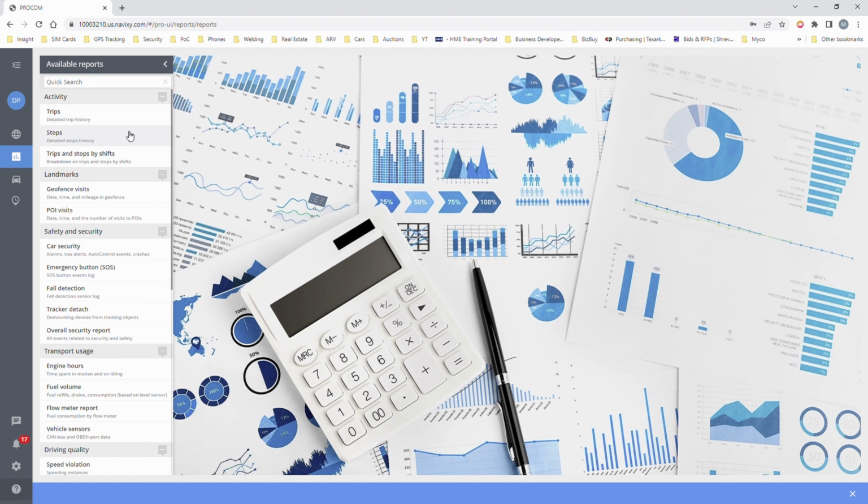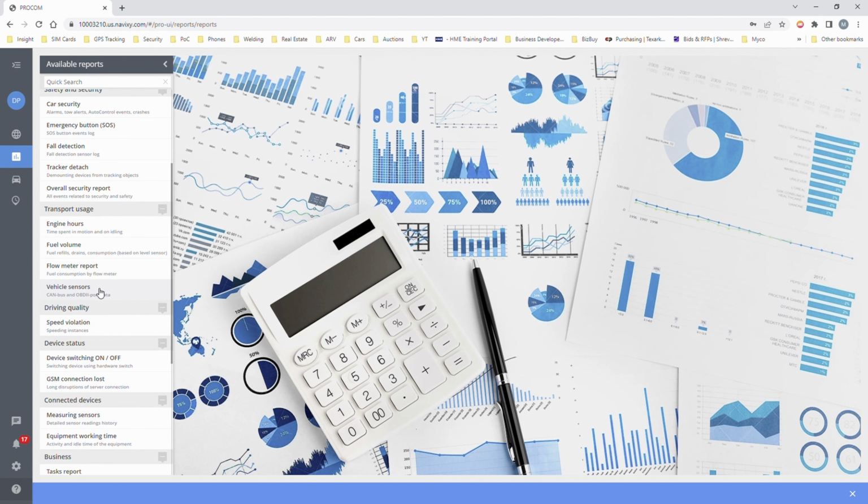So we can create any of these reports, and you just need to look through the reports and see what you think would be helpful to you. Some of them are not really going to work well unless you know fuel volume, for example, unless you have certain type devices, it's just not going to do anything for you. You have to have a fuel level sensor to do that. And fall detection would be for a personal monitor, not for a vehicle tracker. So some of these may not pertain to you, but there are some